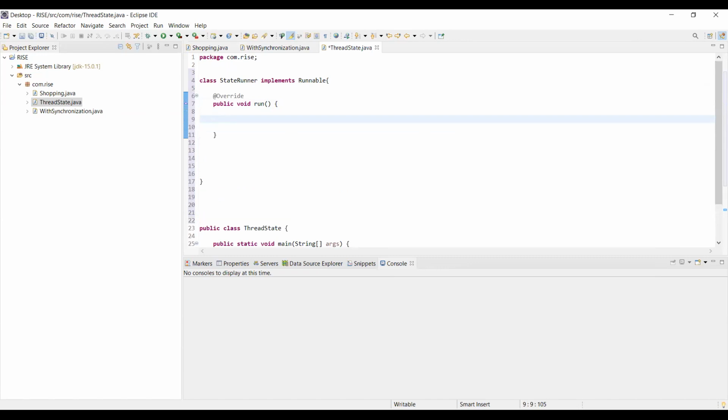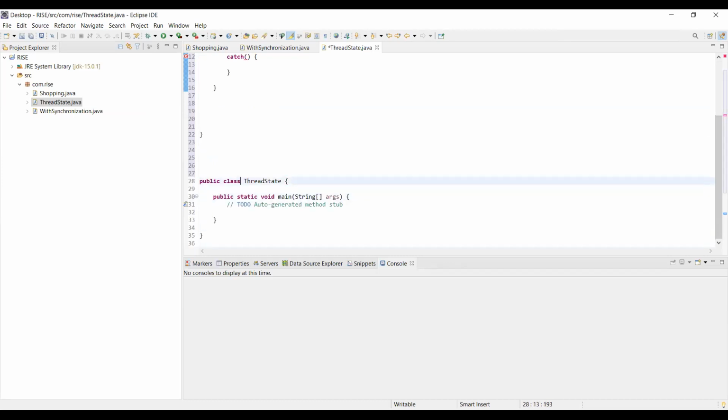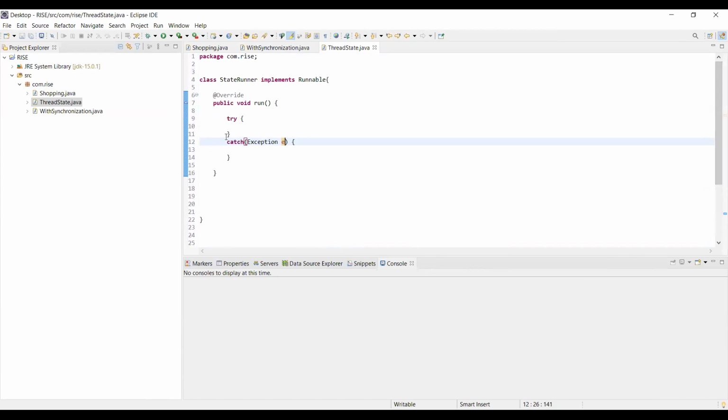Right. So in this run, I'm going to use a try catch block. Catch Exception. Right. So now I'm going to make the thread sleep for, let's say, 1 second. All right. Then I can simply come out of the catch block, maybe. This is out. And then say,